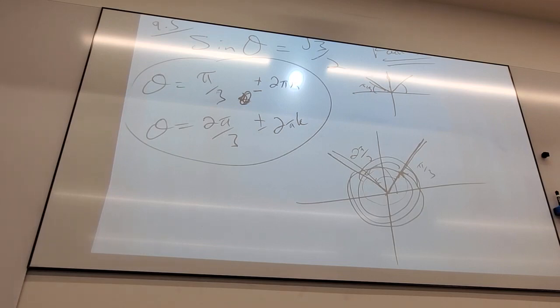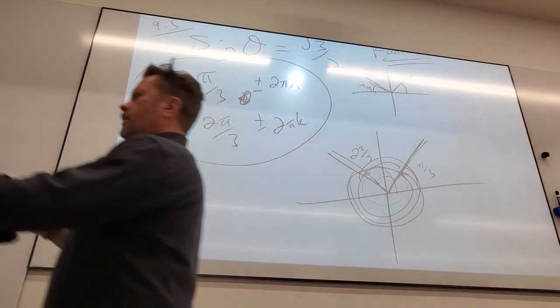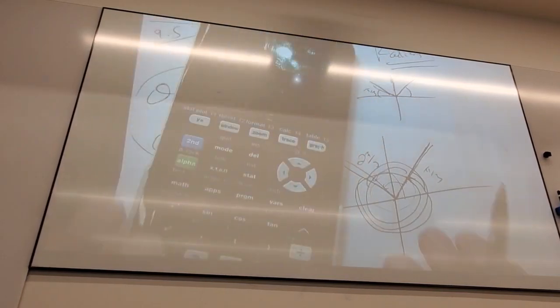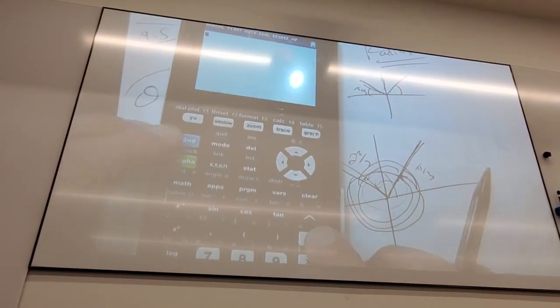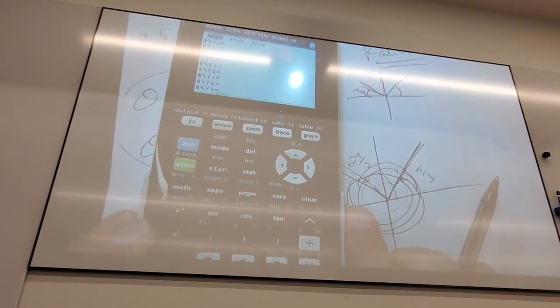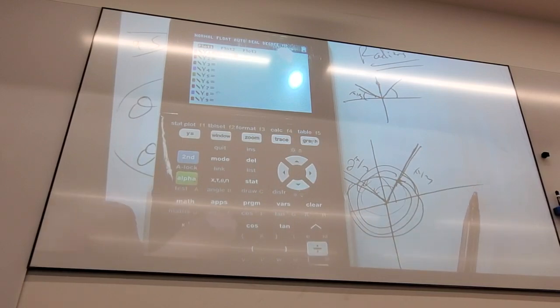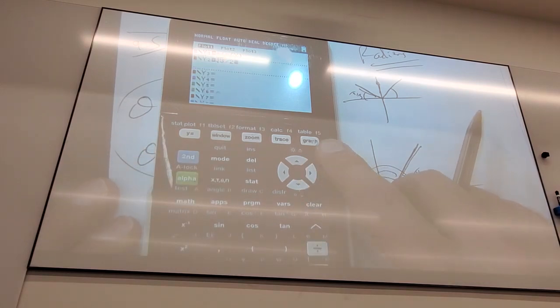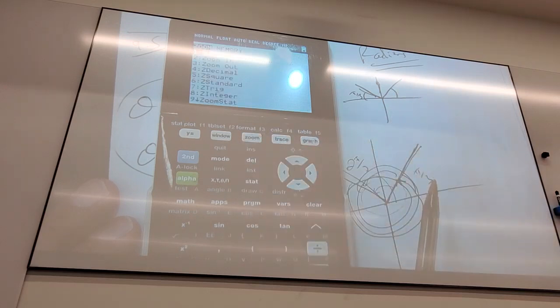Very fast. So, remember doing, here, watch this. We did this the other day. I plotted in here sine x, but I also plotted the square root of 3 divided by 2. And we talked about how,